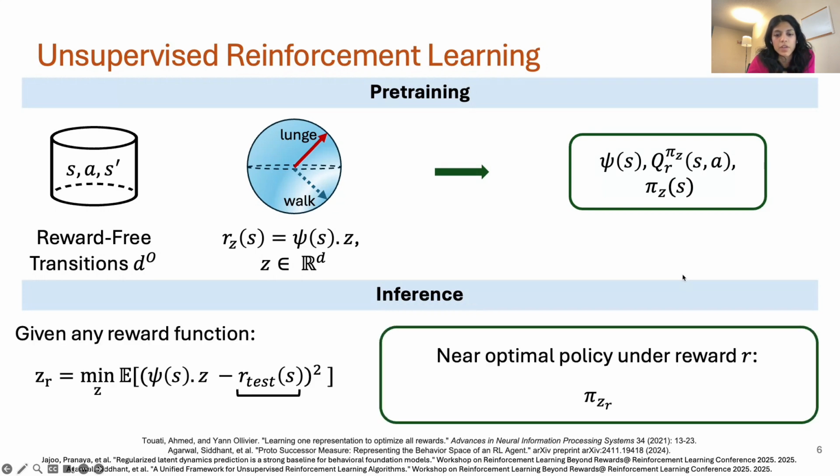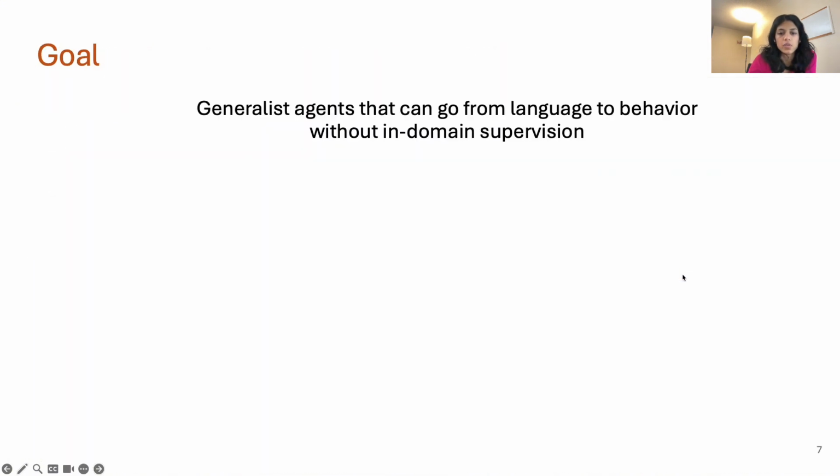At test time, we are able to find task embedding z by minimizing the mean squared error to the test reward function, which can be solved in closed form. This gives us a z-conditioned near-optimal policy without additional learning or planning. This pre-trained decision making model is the Behavioral Foundation Model, or BFM. So now we have a way of learning a lot of different skills and producing zero-shot policies. But we still need to provide a reward function at test time to find the task embedding z.